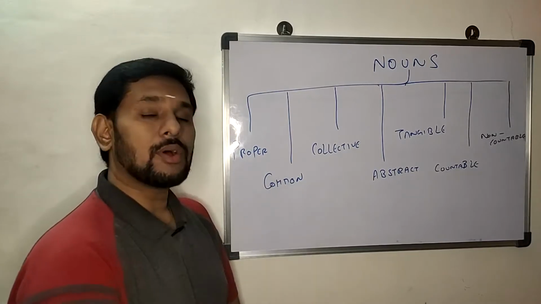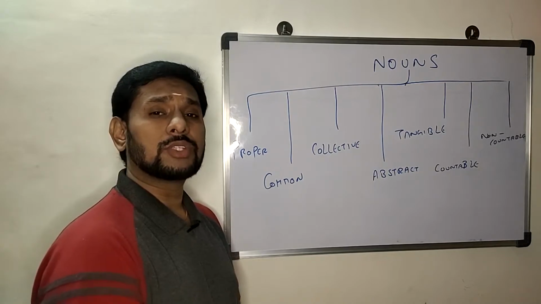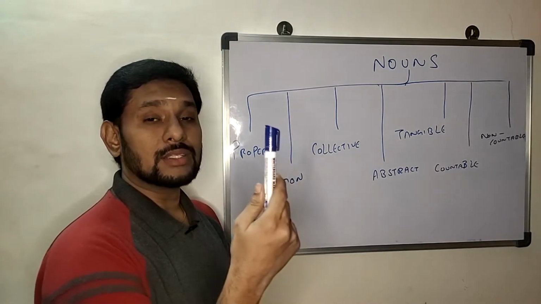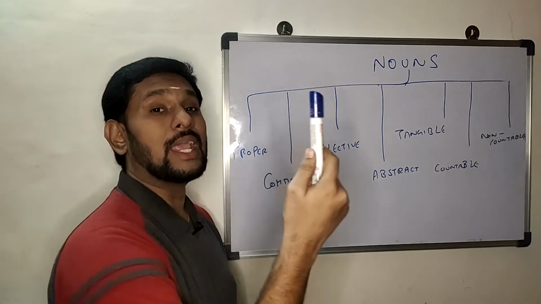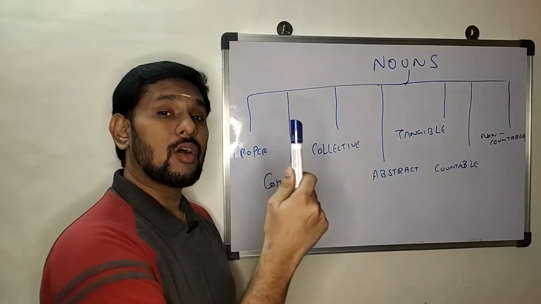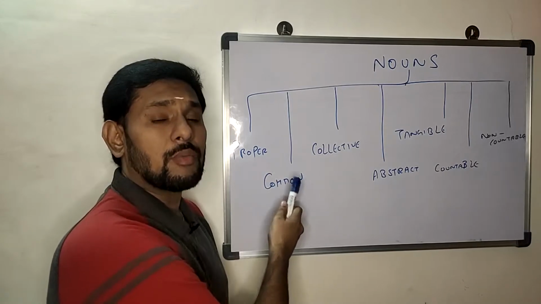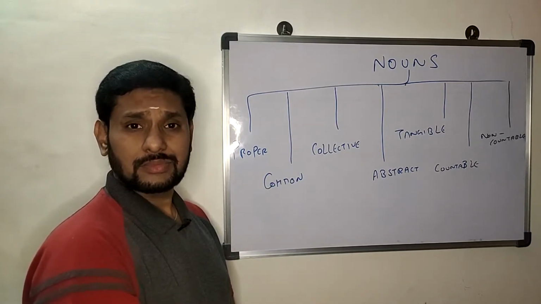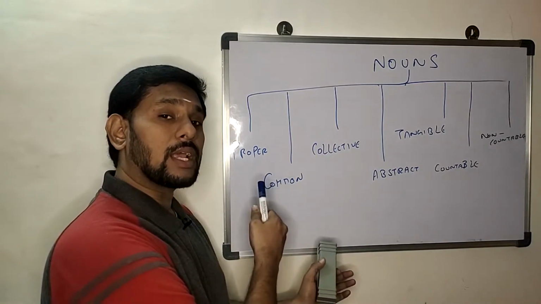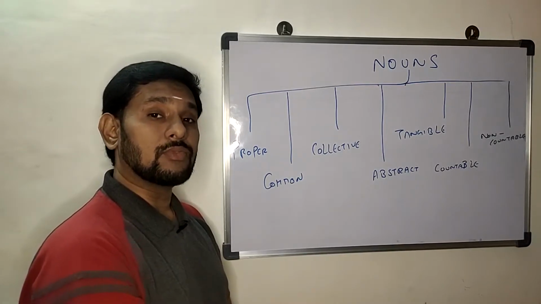However, when you speak about common nouns, they are common. So wherever you see an object, like this marker, I will only identify this as a marker. I won't have a name for it whenever I identify it. So that is why it is called a common noun. A noun, if it's not a proper noun, most probably it will be a common noun. And the beautiful thing with English language is that the words can be categorized or identified as different types depending upon the context that they fall into.